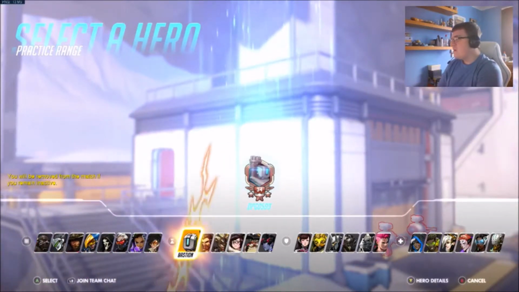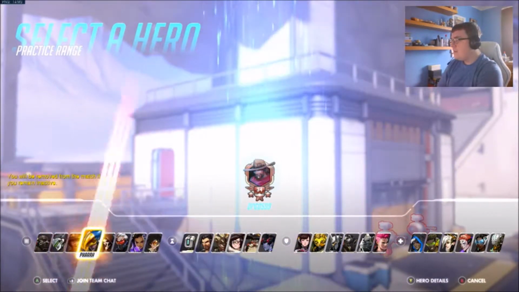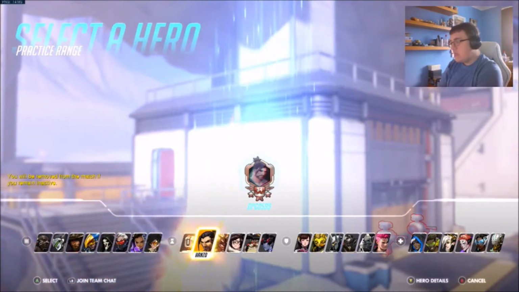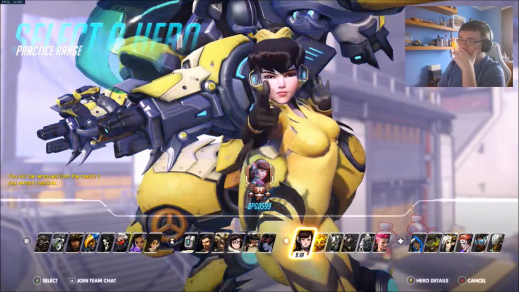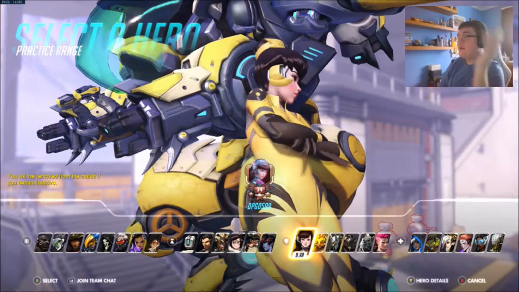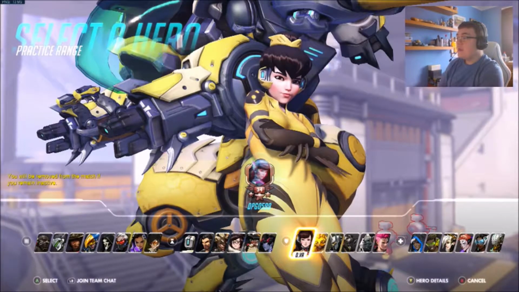Obviously, you might not go for a Bastion or a Torbjörn on attack, because they're more of a defensive, hold-to-choke character. A lot of people will instantly go for the Reapers, the McCrees, the Genjis, the Soldiers, the Tracers, the characters that are higher level. Okay, they're the higher level, because they want a one-trick, they want to go in, they want to do whatever. Now, this is more important. I'd say the character selection screen is more important right now than